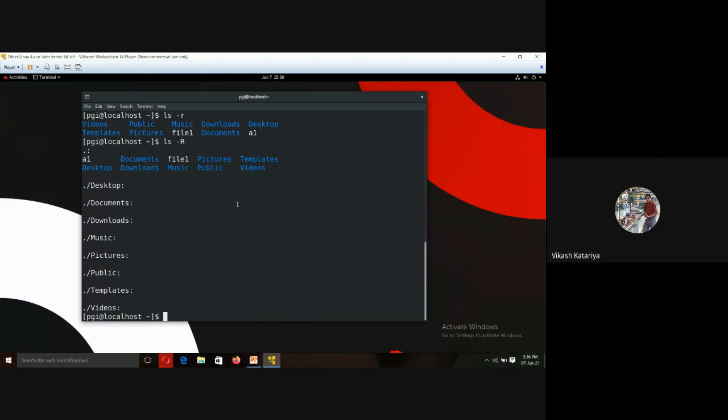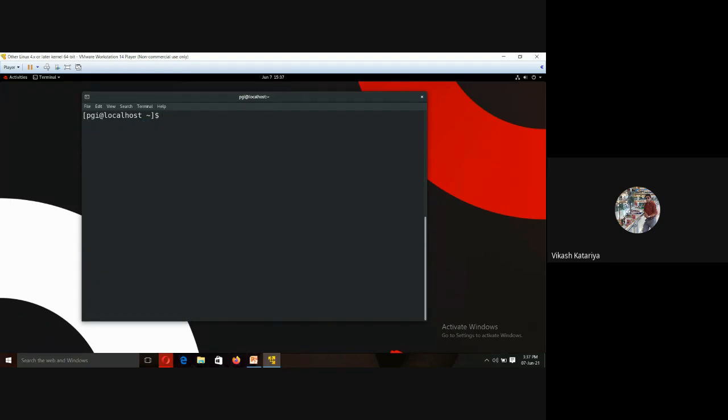In the same way, if you have thousands of files and you want to arrange your files in a certain order, ascending or descending, you can choose a single parameter, small r or capital R. Let's clear the screen again. This is all about the ls command, which is used to manage our files and directories.